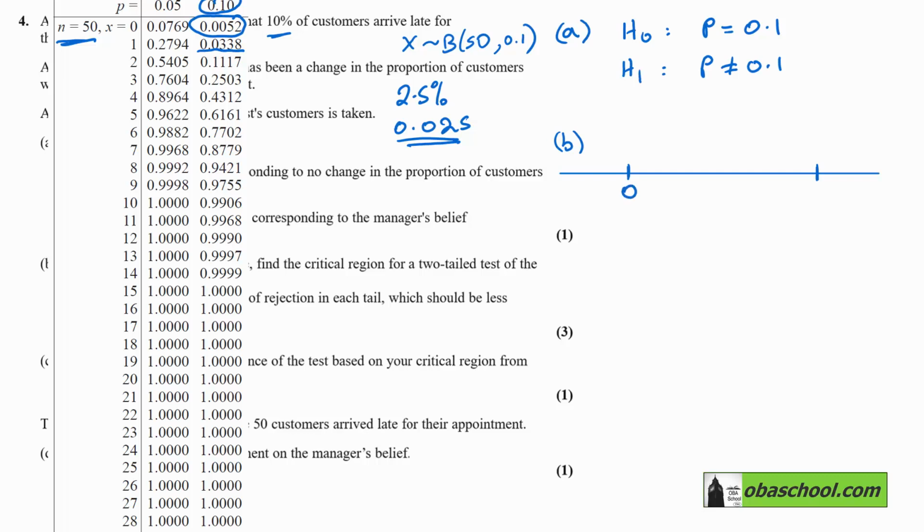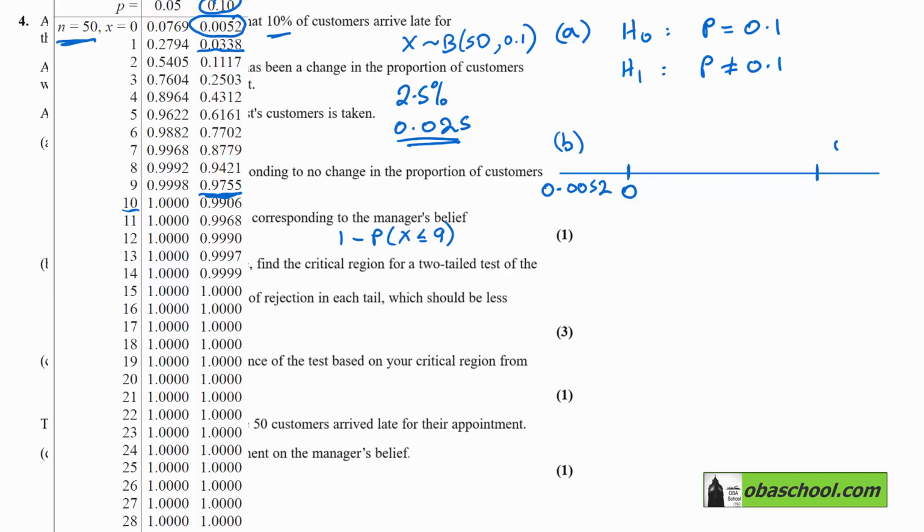So we have a 0 at this end, and the probability there is 0.0052. So we want to do the same sort of thing at the other end, and we'll have to look at 1 minus the probability that x is less than or equal to each value as we go along. And when we get to 10, that would be clearly in, but 9 actually works here, because if we do 1 take away the probability x is less than or equal to 9,